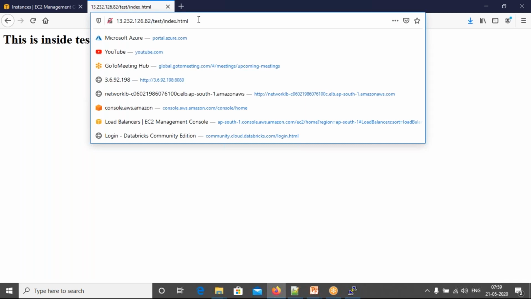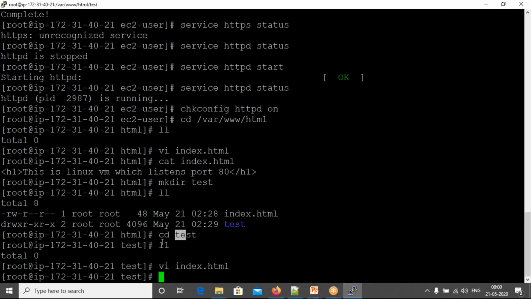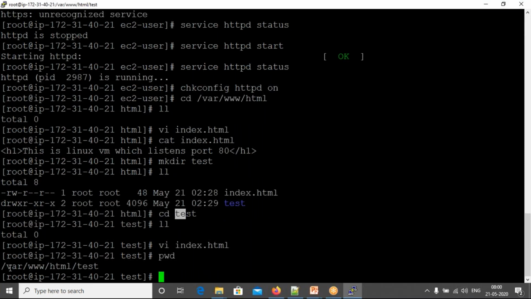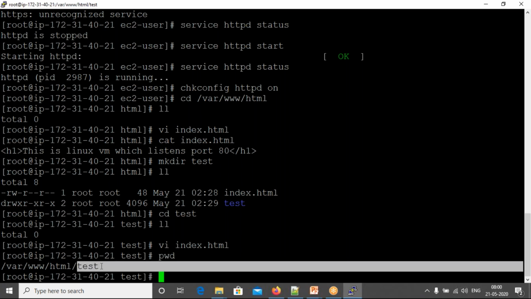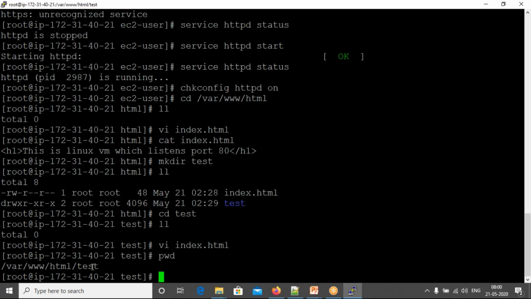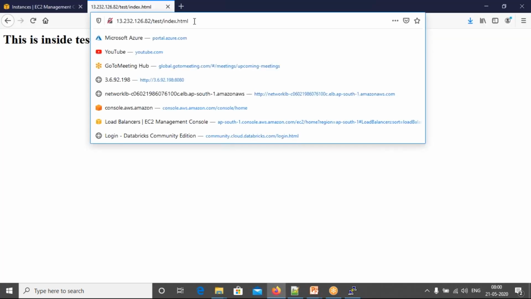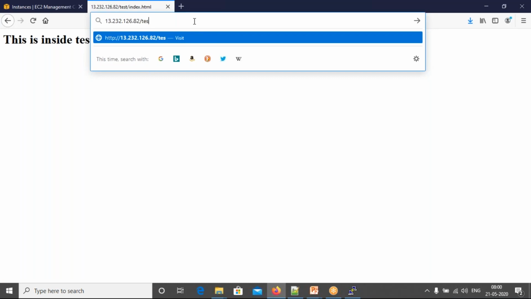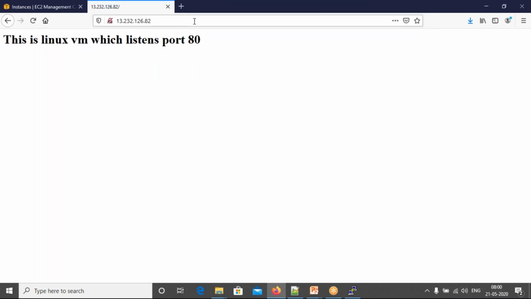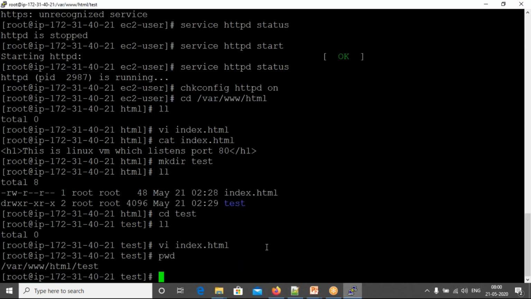If you want to access the index.html which is directly hosted under the html folder, okay, see, the current present working directory is www.html. If you're hosting your website directly under html, then you don't need to mention this path, test and all those things. Because you have hosted your application inside this test folder, whatever extra folders you create after html, you need to mention in the URL. Suppose I am not mentioning this, what happens? By default, the website which you have hosted under html will be accessible. So let's not have a confusion.